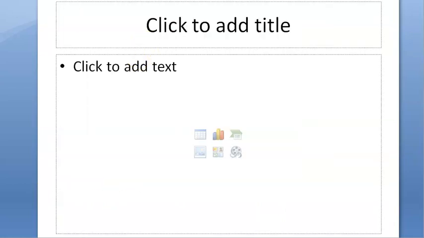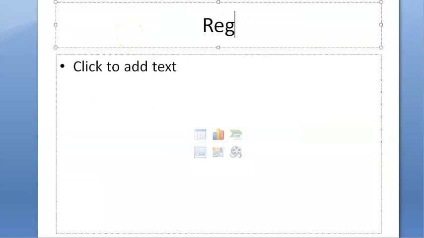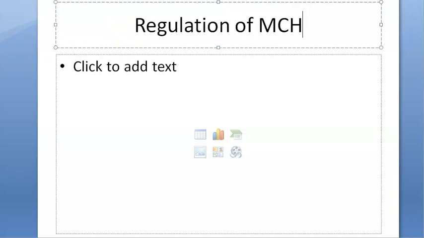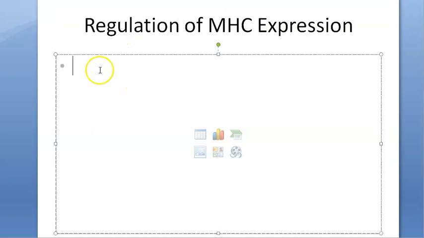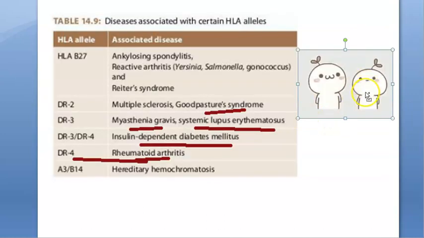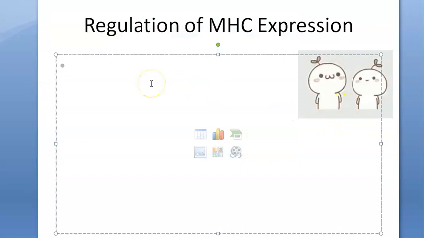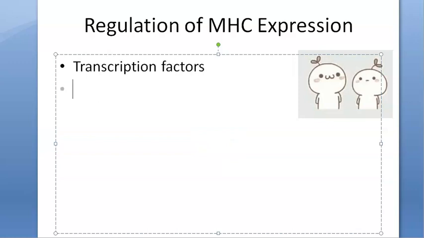Now, just look at this. What determines the expression of MHC? So, regulation of MHC expression. Why would you express something and why would somebody else not express it? It is because of some transcription factors. Okay, back to those days of reading about DNA transcription, translation, etc. And then coming to cytokines, which can also influence it, like interferon gamma, interleukin 4, etc.